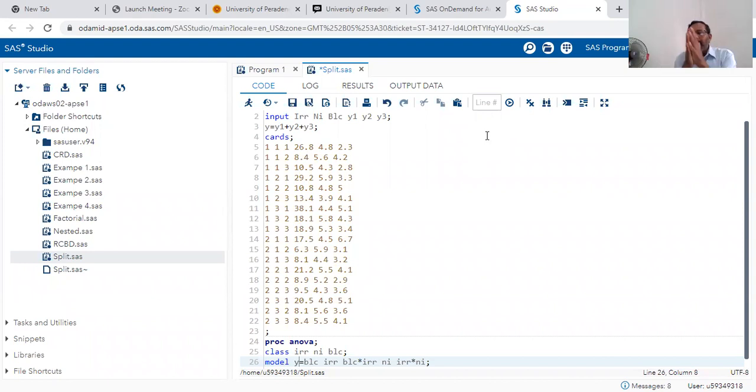If you enter all the data together, what will happen? You cannot separate it, isn't it? Do you understand? If you simply enter after adding all the data, can you separate what is y1, what is y2, what is y3? No, we cannot separate. Now, if you enter separately y1, y2, y3,